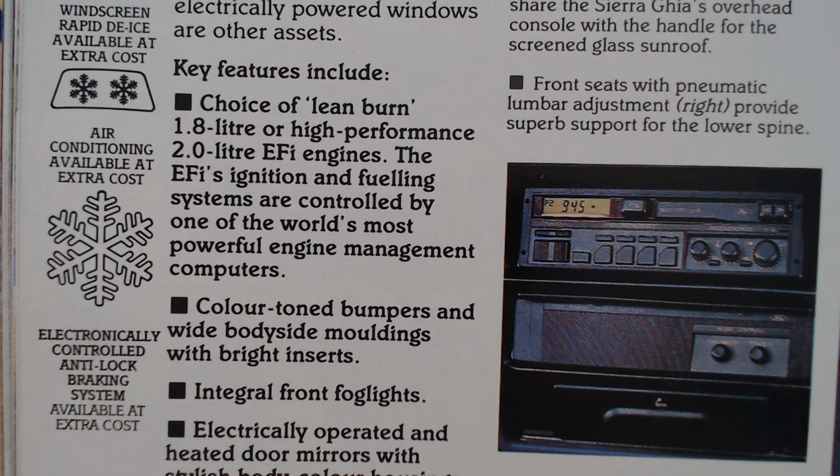You could get this as a 1.8, so you didn't even have to get the 2-litre if you didn't want to, but even the 1.8 Ghia was a Group 5 insurance. The 2-litre actually moves it up to a Group 6, so those luxuries cost you a little bit extra each year in insurance. So you get the 1.8 or that 2-litre EFI, colour tone bumpers with wide body side mouldings